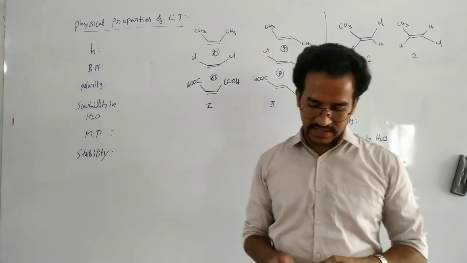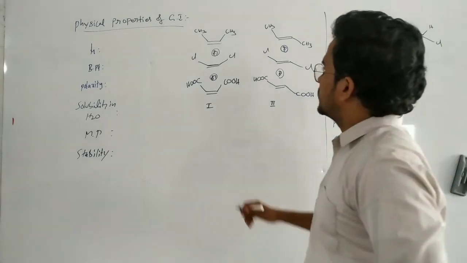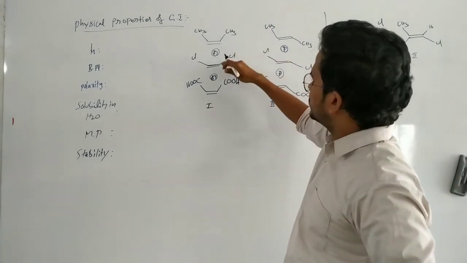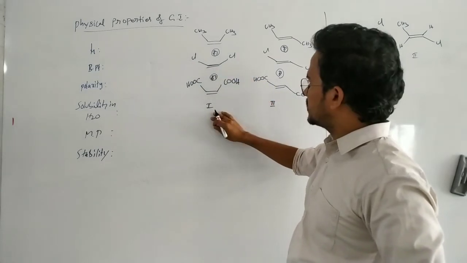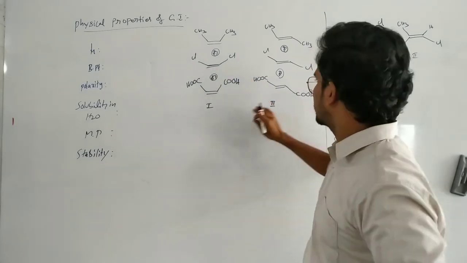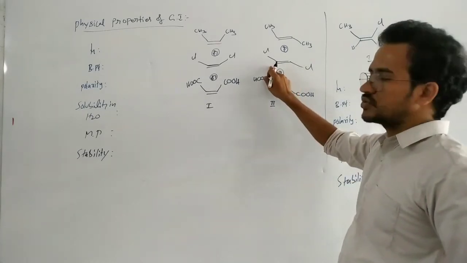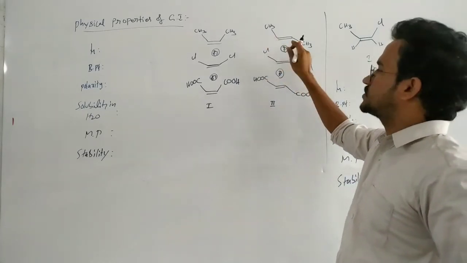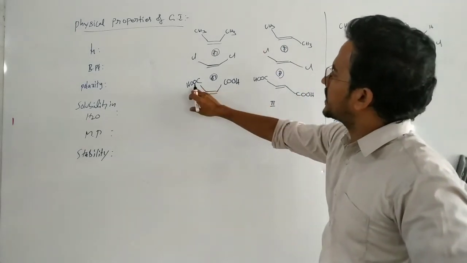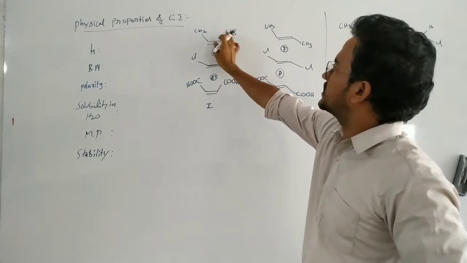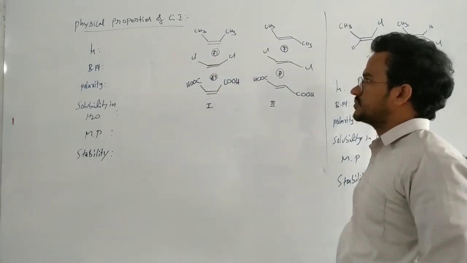Okay, cis and trans. Here you can see it is cis 2-butene, cis 1, 2 dichloroethene, and maleic acid, a cis isomer. It is a trans isomer, fumaric acid, a trans 1, 2 dichloroethene, a trans 2-butene. Here in this case, the groups attached to the double bond are the same: methyl, methyl, chlorine, chlorine, and COOH, COOH.